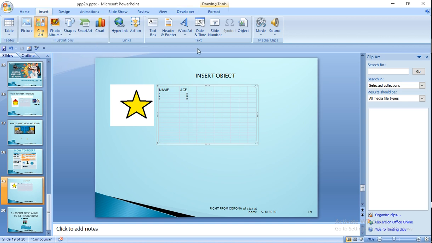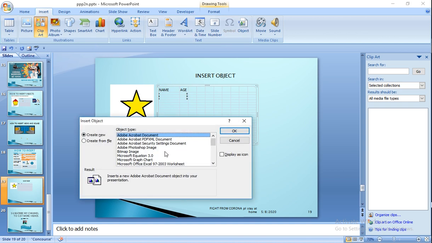Now insert object, that is Word document.